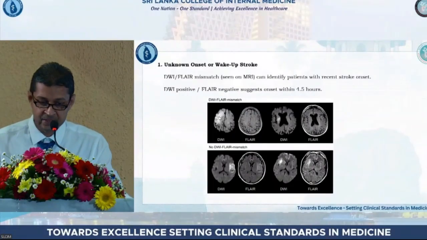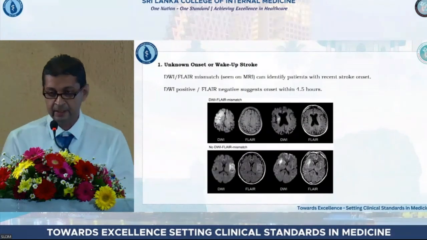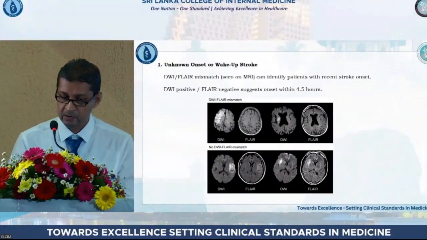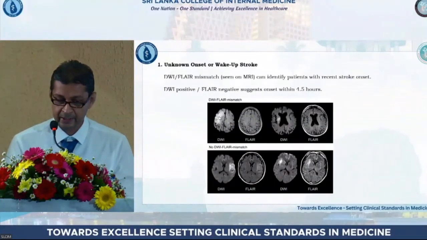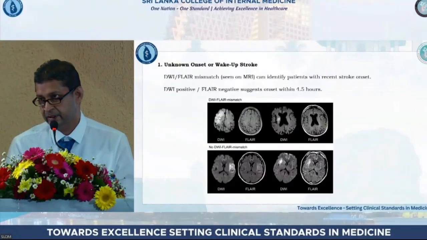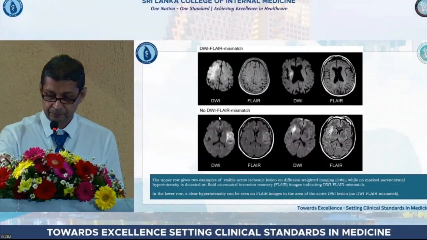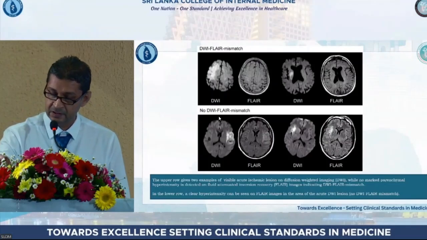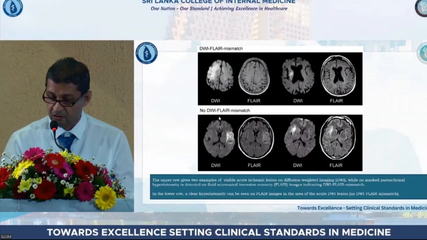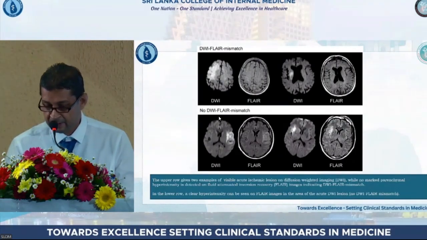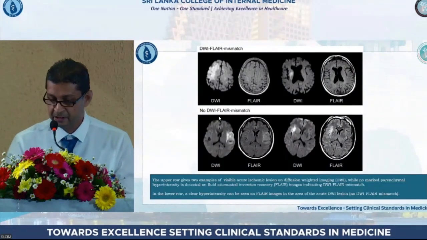DWI-FLAIR mismatch seen on MRI can identify patients with recent stroke onset. DWI positive, FLAIR negative suggests onset within 4.5 hours. In this picture, the upper row gives two examples of visible acute ischemic lesions on DWI, diffusion weighted imaging, while